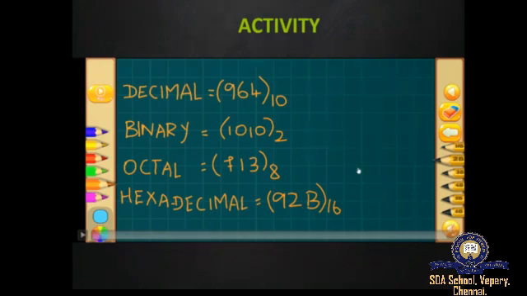So like that you are going to give me one example each for the decimal number system, binary number system, octal number system and hexadecimal number system. You are going to write like this, put the bracket and write the base value. Don't confuse with the base value. Watch the video simultaneously, do your activity, take a screenshot of it and submit it in the Google Classroom.